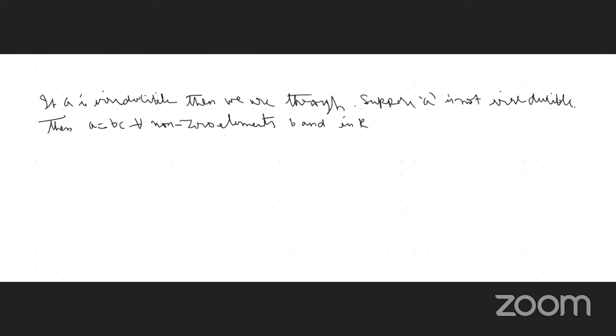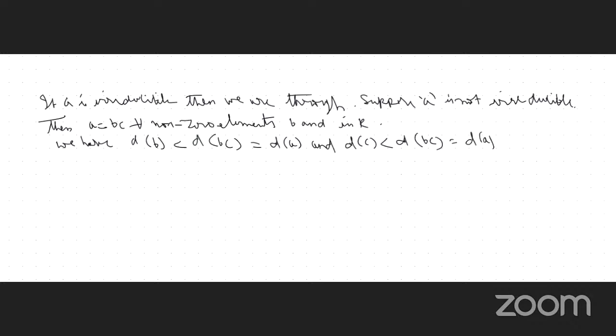So we have D of B is less than D of BC, and D of C is less than D of BC, that equals D of A. By the induction hypothesis,